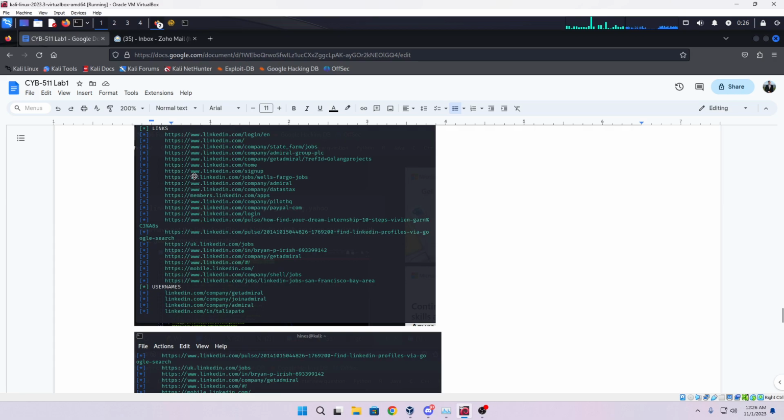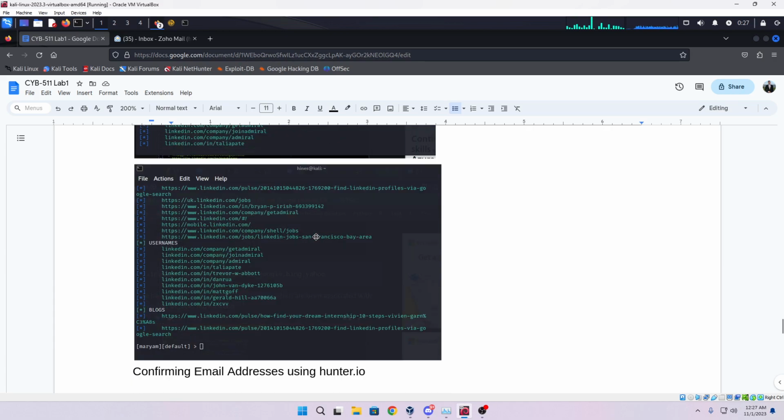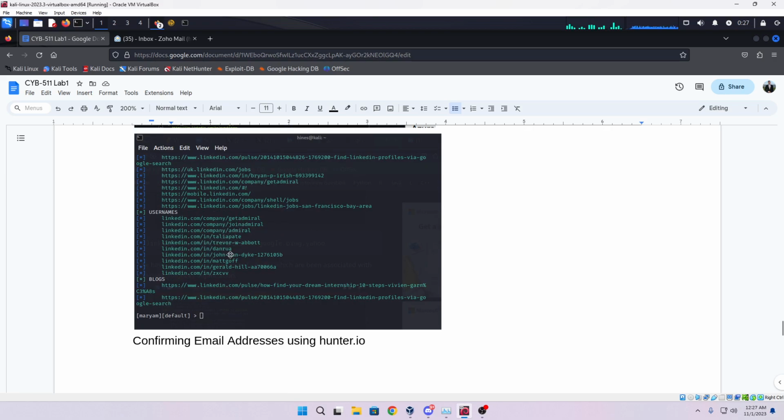Some stuff kind of all over the place. Had to really get this out of here. Like Wells Fargo jobs, not great. These with the company, Get Admiral, GoLand projects. I think that's something that they wanted to see a little bit more hidden. It doesn't seem like a URL that they would want public, but see some other good stuff like these Get